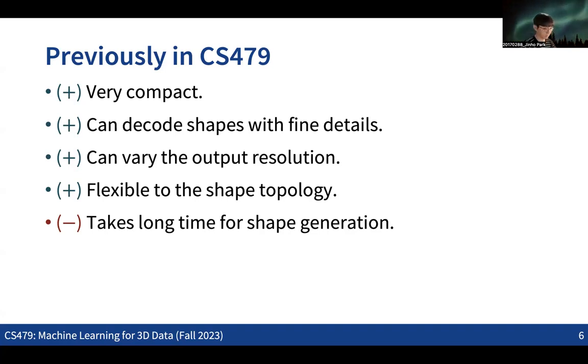So if you want to generate the full shape, it takes lots of time to get all the values for each of the points. And also, typically when we get the implicit function, to be able to use the output in many applications, we also need to convert the implicit representation into many other representations. That would also be a downside of this idea.